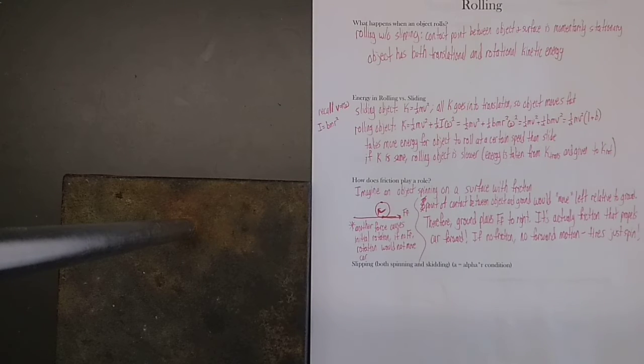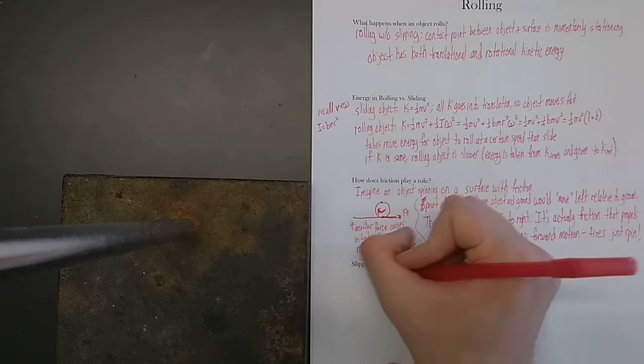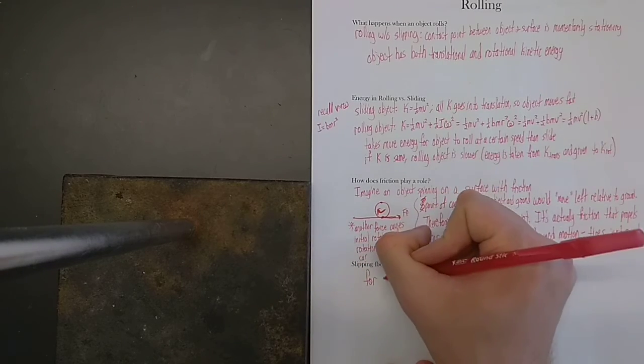Okay, so that's a very tricky situation, and it's a completely true scenario. Cars move because there is friction between them and the ground. If there was no friction, those cars would not move. I want to talk very briefly before ending the video about slipping, both spinning and skidding, and I mentioned them before. Okay, so for a smoothly rolling object like we've been talking about,